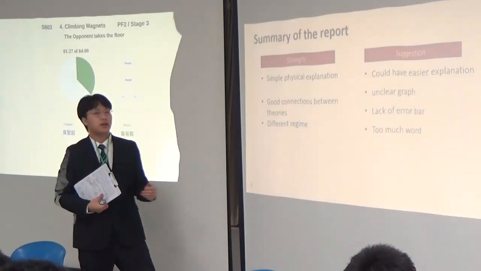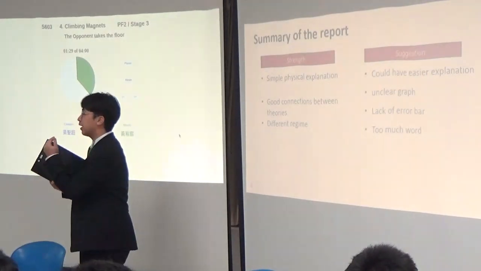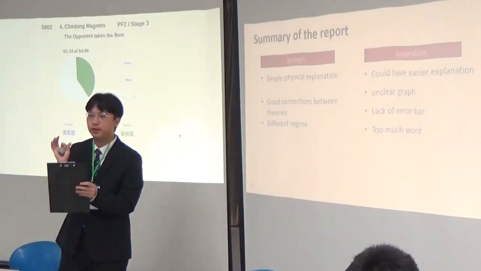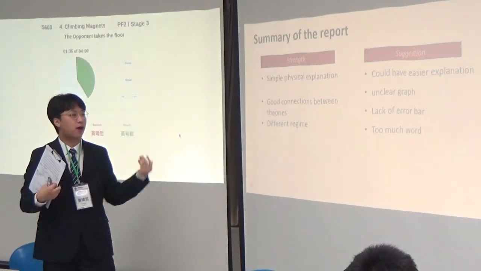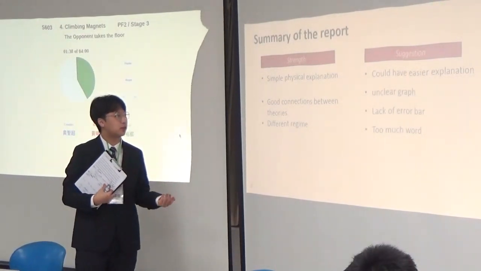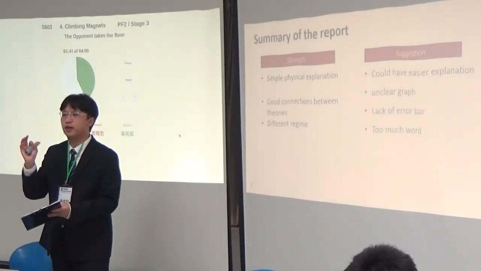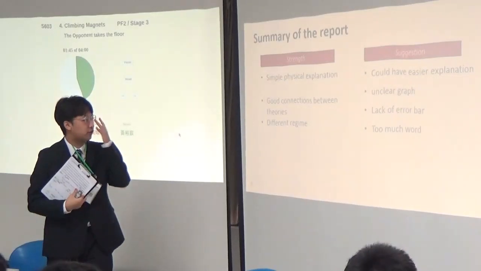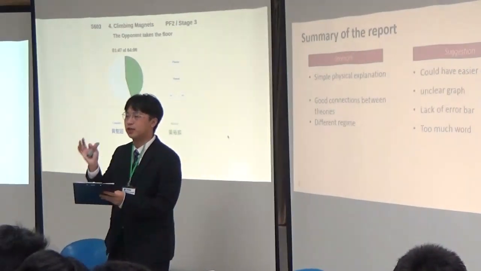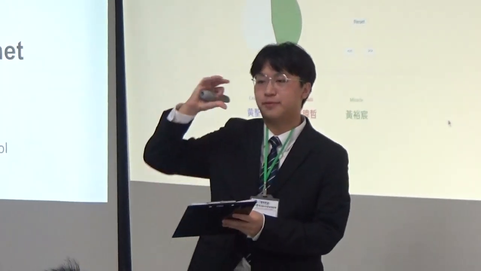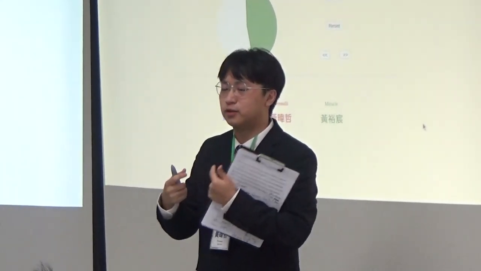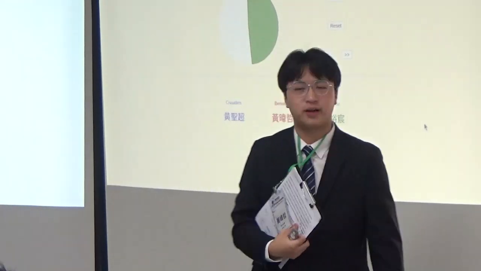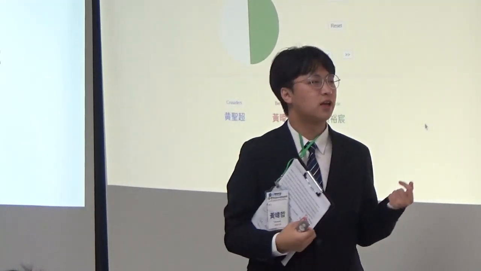About the strengths of the report, the reporter used some simple graphics to show exactly how the magnet rotates up. I think this is very important to show how clear it is. Also there are connections between the torque and the rotation speed, and the friction coefficient is used to discuss different regimes of how the magnet moves, the stage 3 phenomenon, and the relationship between kinetic and static friction. As a suggestion, the reporter could give more explanation about how exactly the torque affects the magnets,